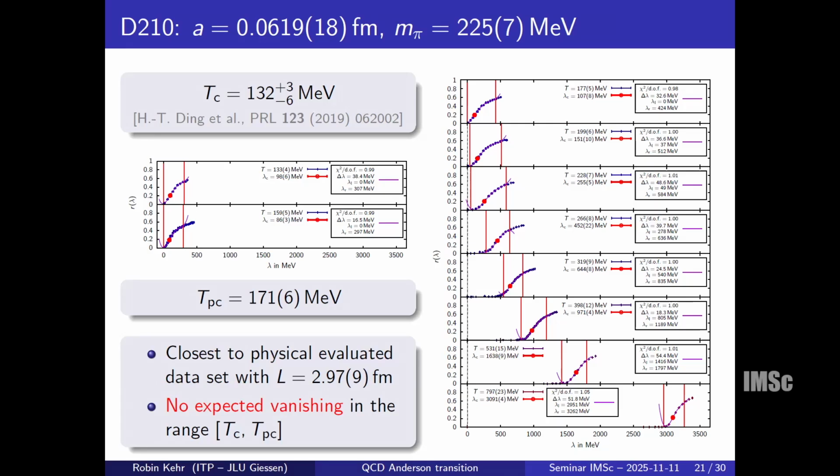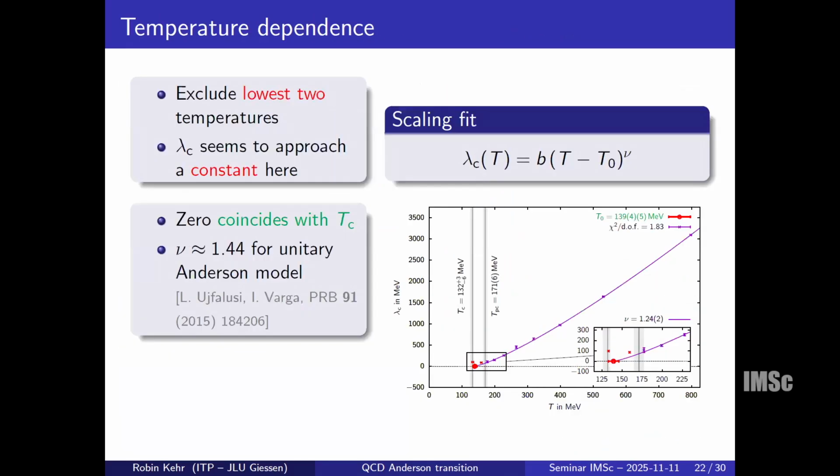Yeah, exactly. So now the question, I'm coming to the explanation in the second slide. If we exclude the points below TPC from the fit, then we find that the scaling fit works well, better than the quadratic one we used before. So this somehow indicates the nature of a second order phase transition. And also the